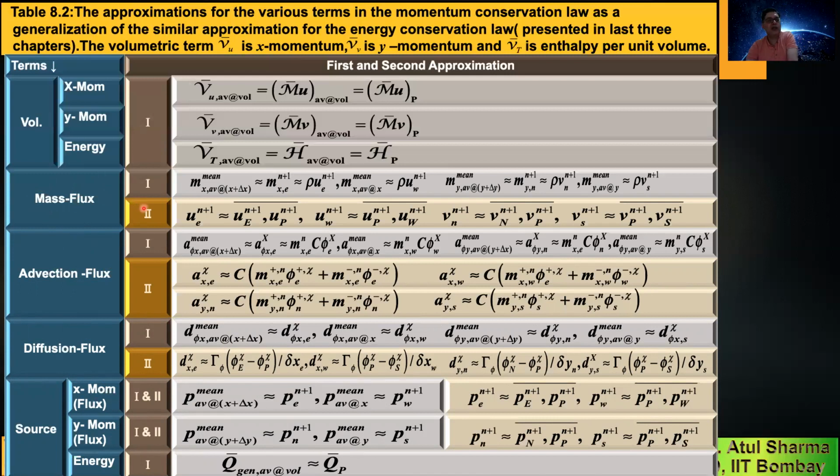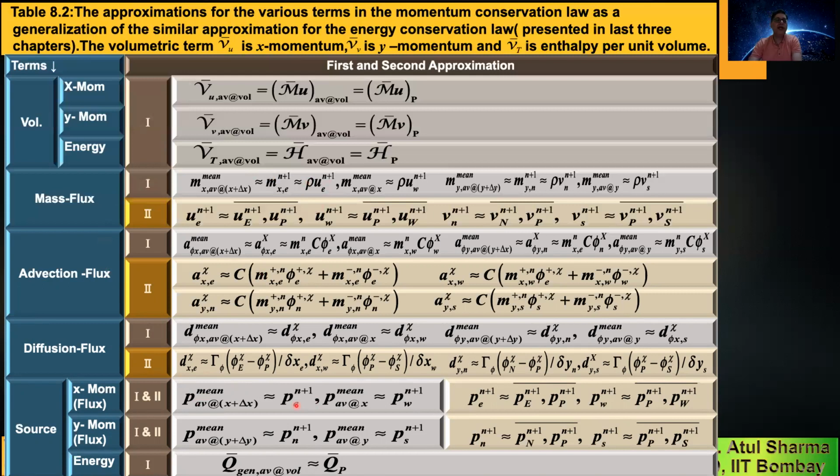just to take you along, the diffusion flux is expressed in terms of the normal gradient of the flow property. Like conduction flux is expressed in terms of the normal gradient of temperature. Enthalpy flux is expressed in terms of the value of temperature. Now the mass flux is expressed in terms of the value of the normal velocity. The pressure is expressed in terms of the value of pressure.